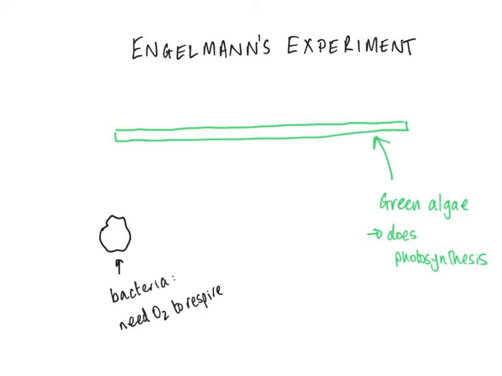So what he did was he put green algae on a microscope slide, and he then covered the rest of the slide with bacteria that required oxygen to respire. So the bacteria were going to move to where there was lots of oxygen. Where there was lots of oxygen is where the algae is photosynthesizing the most. And then he shone light through a prism so that there was the rainbow on the green algae,